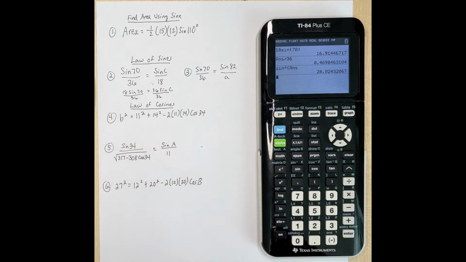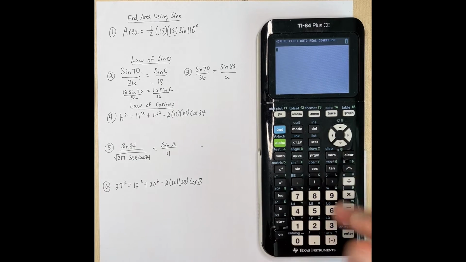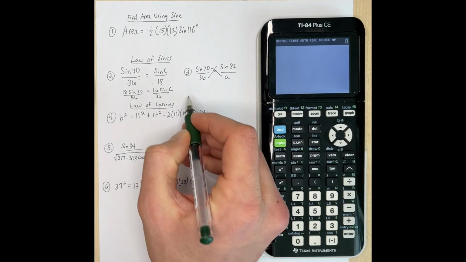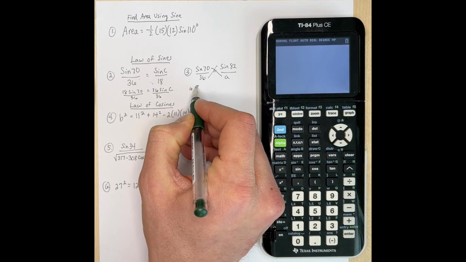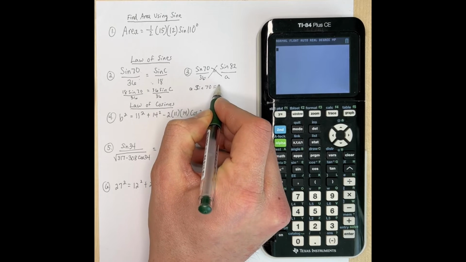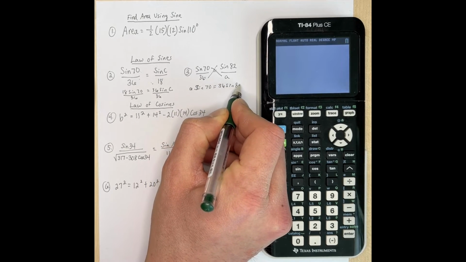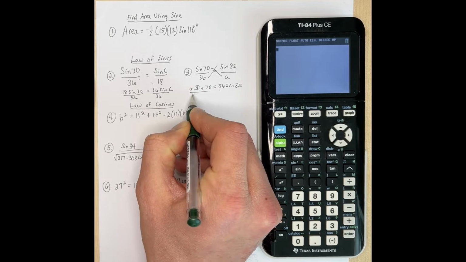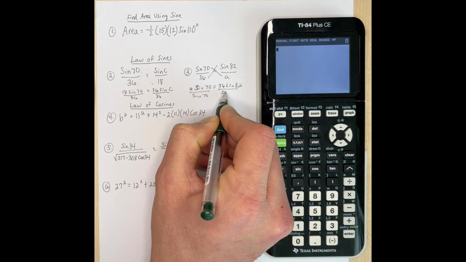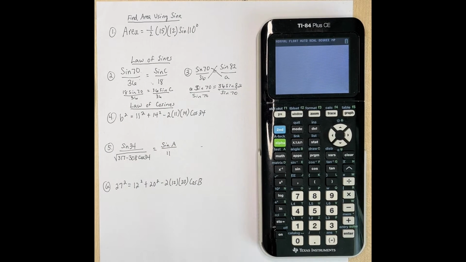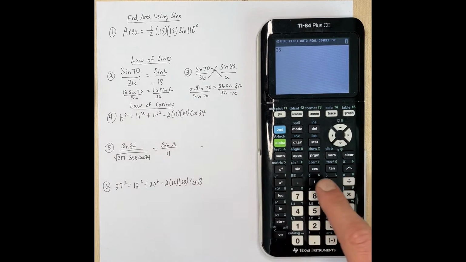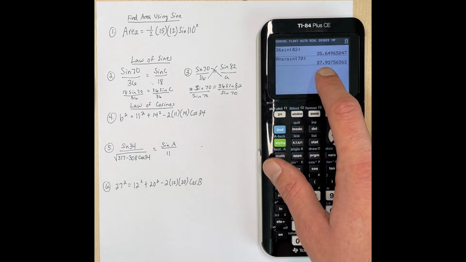Okay, now for the next one, we would cross multiply again. So cross multiply here, cross multiply here. So this would give us a sine 70 is equal to 36 sine 82. And now over here we can divide by sine of 70. Okay, so now this example is when we're trying to find a side length because it's a lowercase a. So I'm going to do 36 sine 82 first, and I'm going to hit enter. And now I'm going to divide that by sine of 70. So just divide by sine of 70, and we hit enter, and that gives us 37.9, and that would be